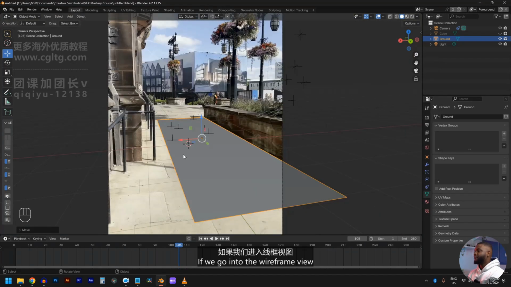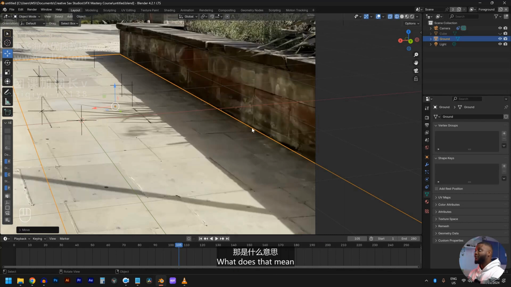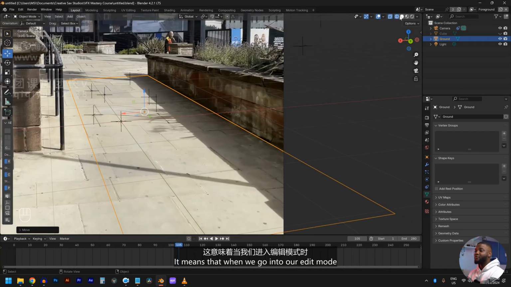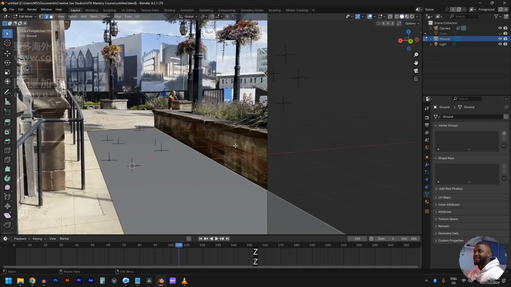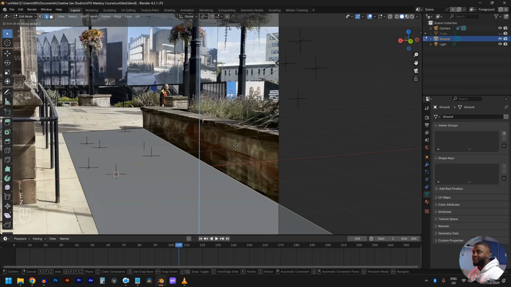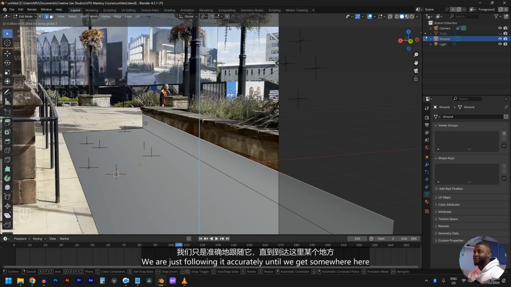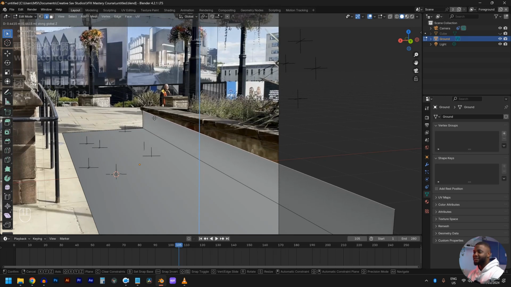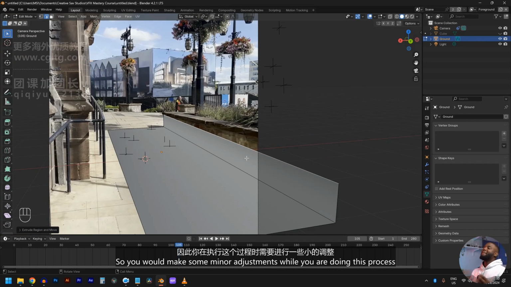If we go into the wireframe view, you can see we are pretty much lining up with this edge. What does that mean? It means that when we go into our edit mode, edge select and click on this edge, and we do an extrude like E, Z, and we extrude upwards, you can see we are following exactly this line over here. We're just following it accurately until we get somewhere here. Let's see here. Yeah. Now you can see this side is not aligning, so you would make some minor adjustments